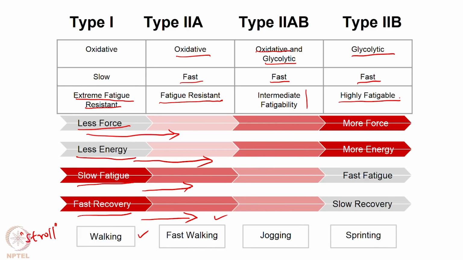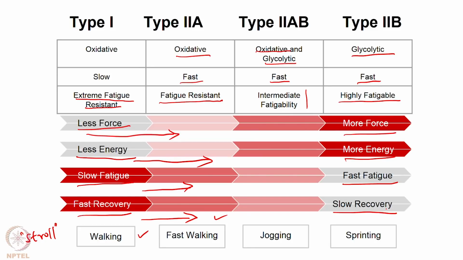We saw in the previous class that I am also not going to be able to lift it very quickly. I can lift a relatively light object very fast, that is the relationship between velocity and force requirement. In this case I cannot keep lifting it for a very long time, because I am recruiting highly fatigable units, and so I am going to get fatigued very soon. Although there is a need to produce more force and more energy is expended, they fatigue fast and the chance that they are going to recover is relatively slow. So, we will stop here.